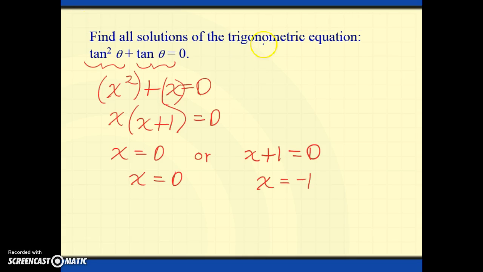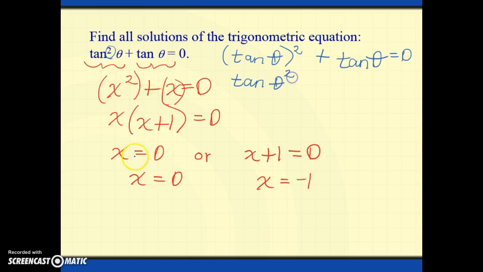I want to leave that work up. So if I have the tangent of theta quantity squared plus 1 tangent of theta, and that equals 0. What we've decided to do with trigonometry, so that we don't have to use parentheses all the time, instead of writing the tangent of theta like this, like we would normally just put a squared after whatever it is that we're working with, we've decided as mathematicians that we're going to move it in front of the angle measure